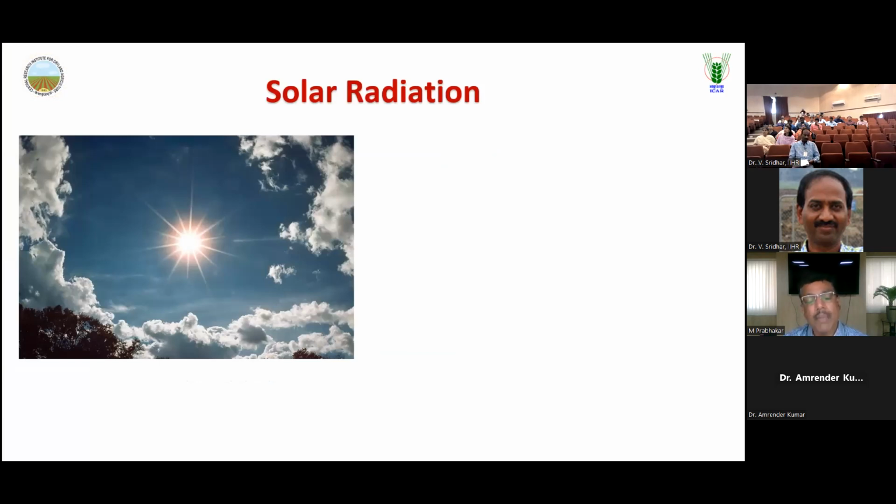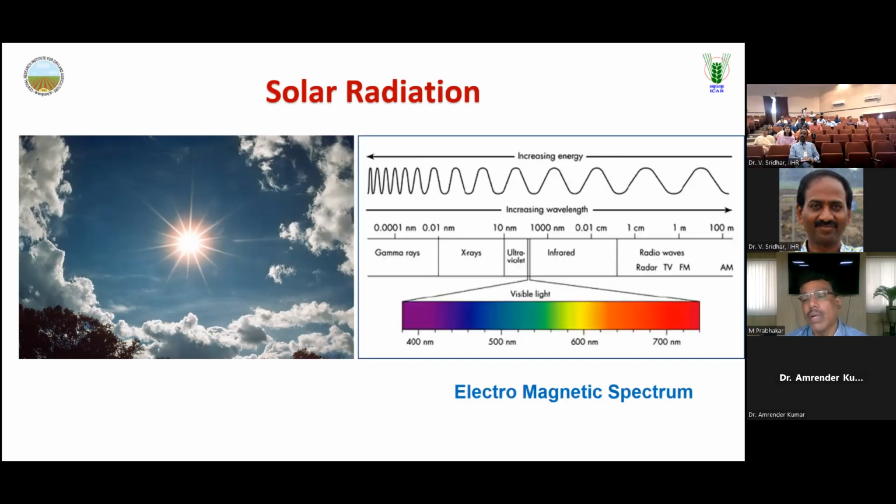Now, to start my presentation, any application of remote sensing is based on solar radiation. This is a fundamental aspect. Without solar radiation, no remote sensing application is possible. So that's point number one. And then in solar radiation, if you remember your college days, school days studies, something called the electromagnetic spectrum. So I would like to bring it to today's topic, because remote sensing is based on the electromagnetic spectrum. You see on the screen the electromagnetic spectrum is a very wide range from gamma radiations to